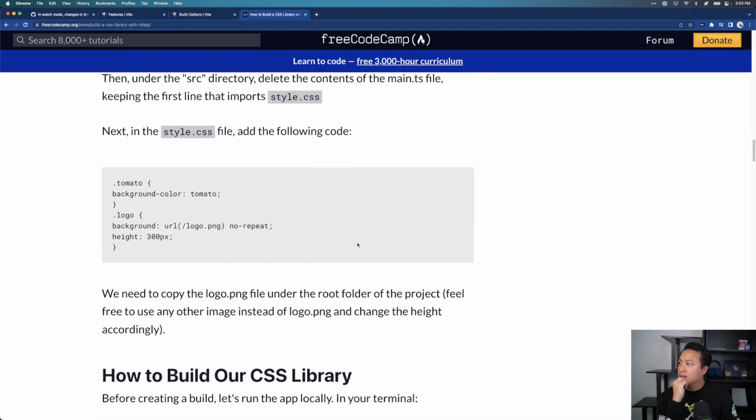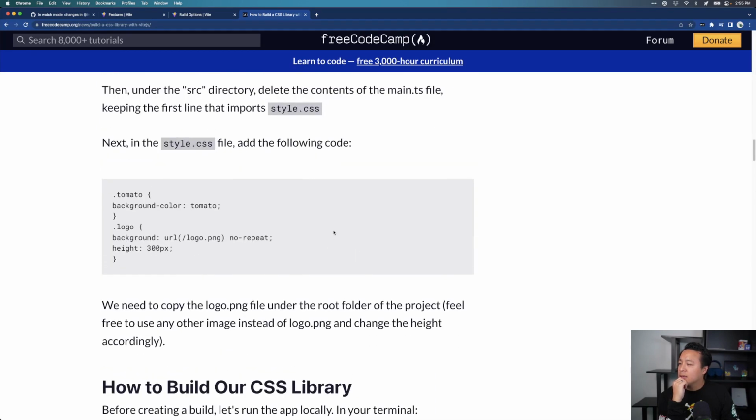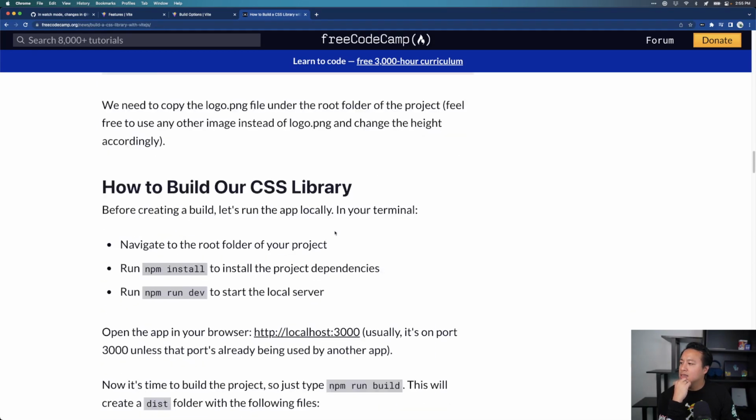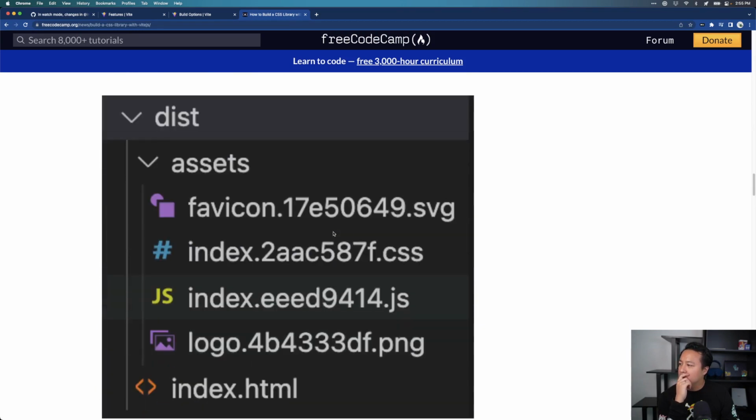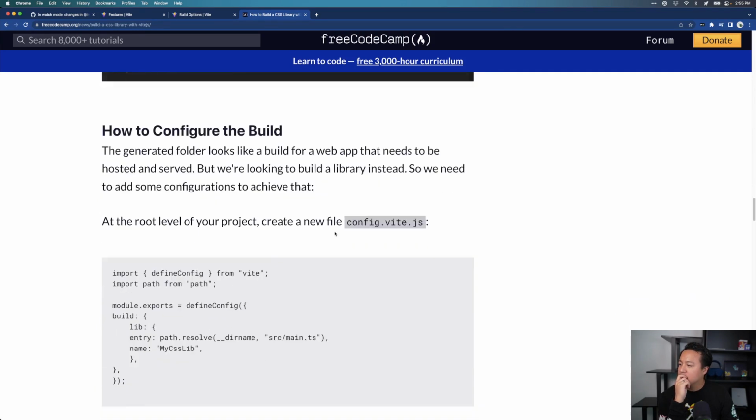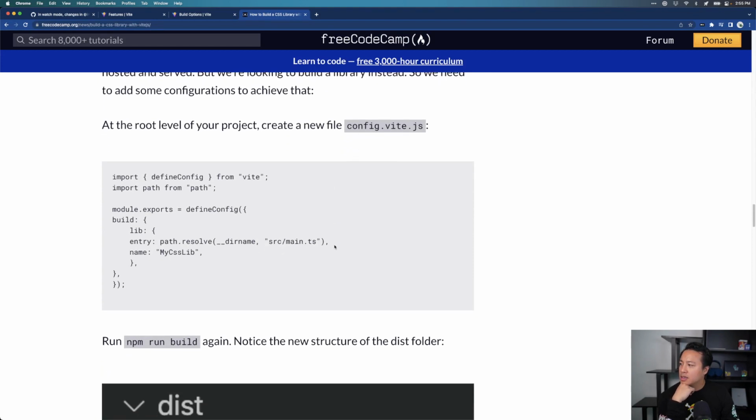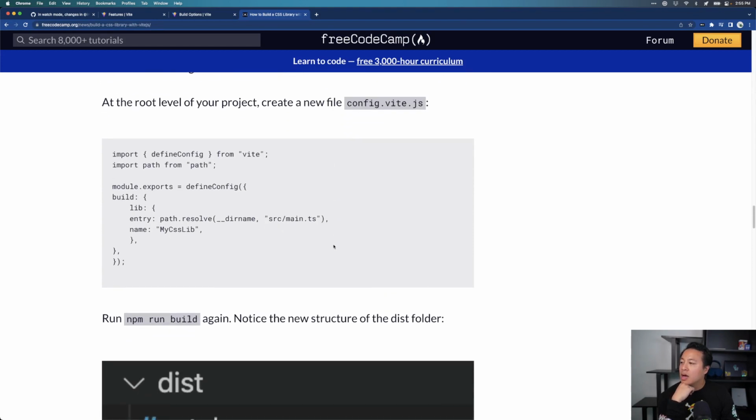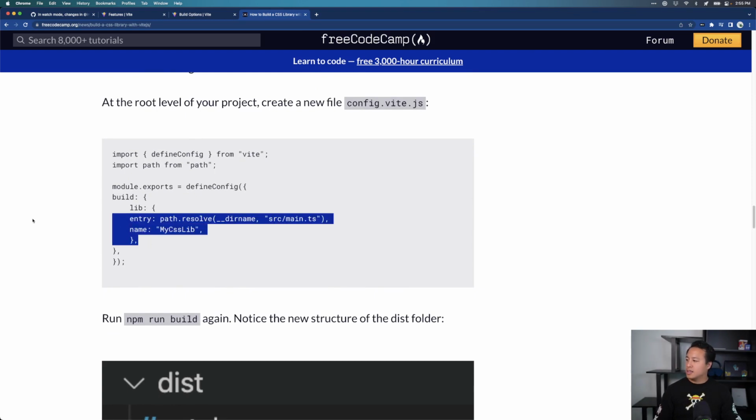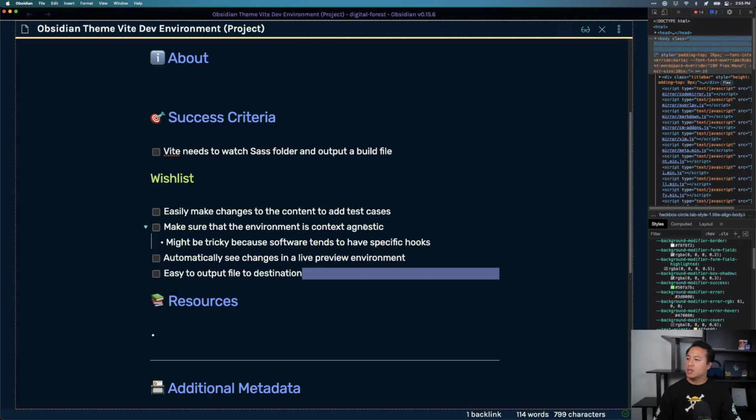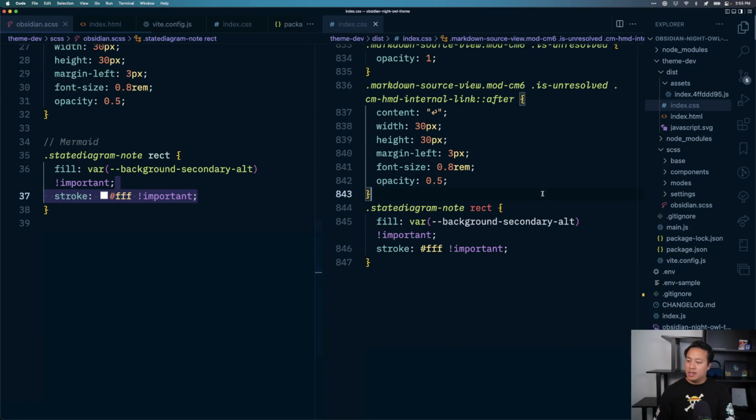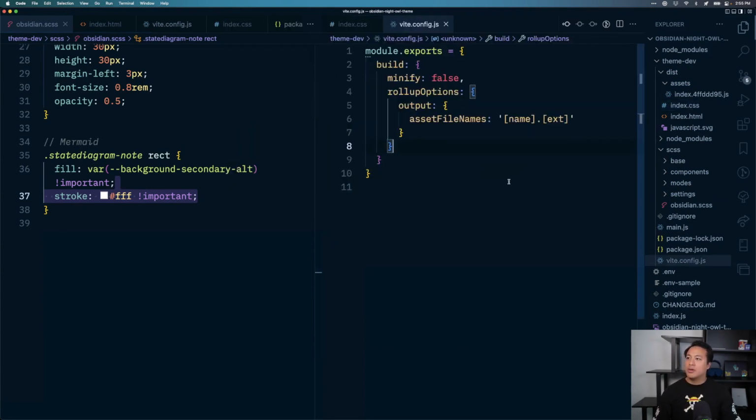Index.html. Delete context domain TS, style.css. Sure. Run dev, run build, run dist. Configure the build. Config Vite. Ah, this is the secret. This is the secret sauce, I'm pretty sure. Okay, so inside of the Vite config. So what we're learning here,